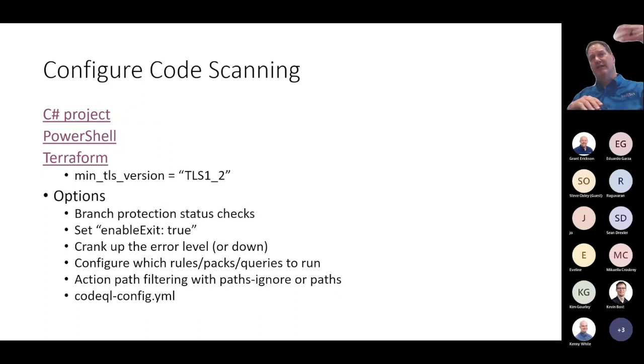There are two levels of path filtering. There's path filtering at the action: if I update a document, don't run a code scan. If I update my Markdown, README Markdown, don't run a code scan. And then there's also a CodeQL config file where you can say, don't run scans on this path or that path. And for storming the castle, it may well be that